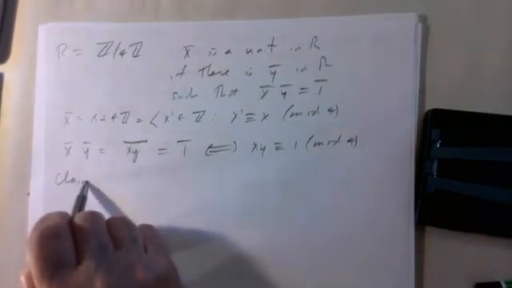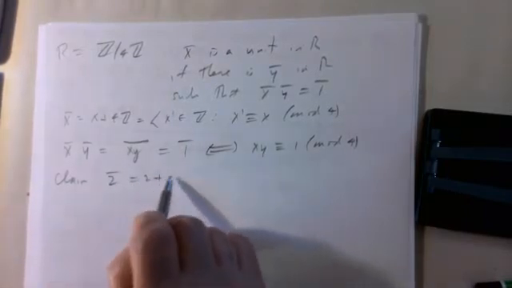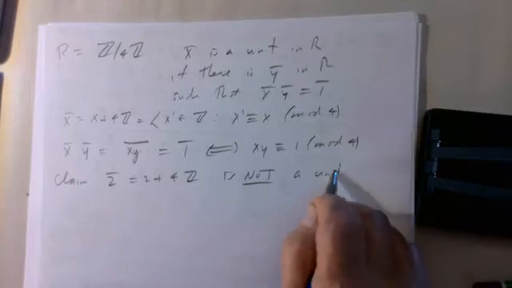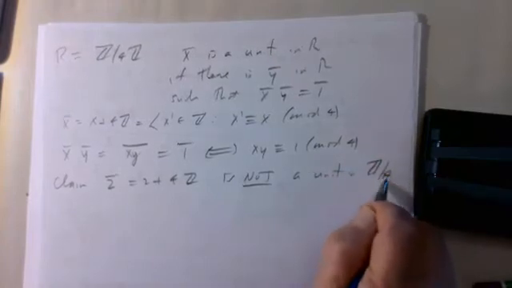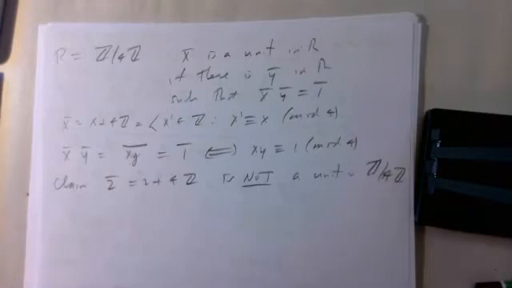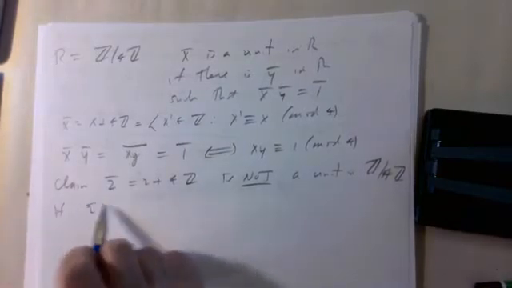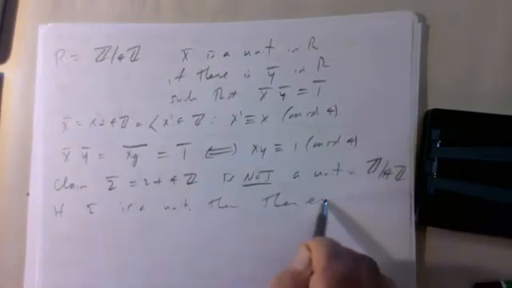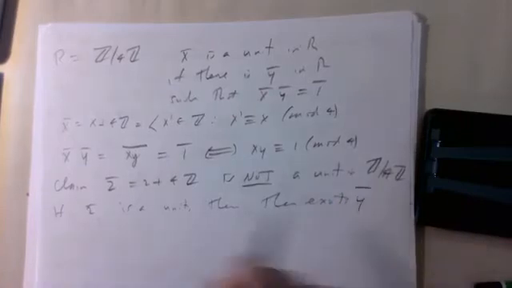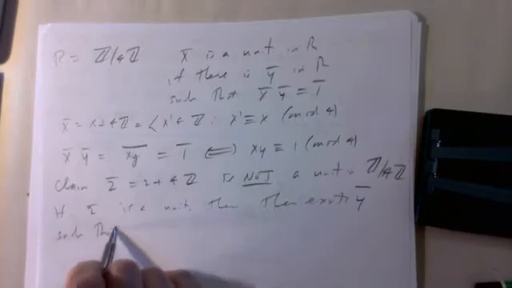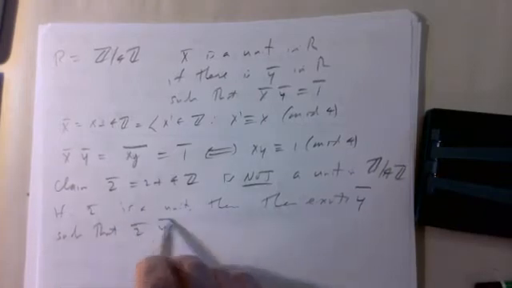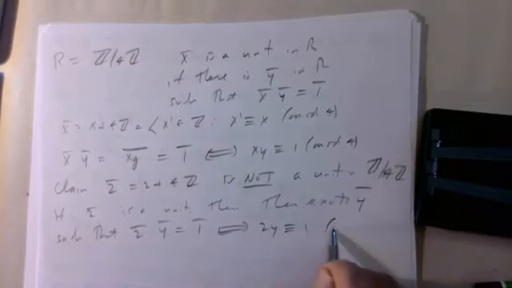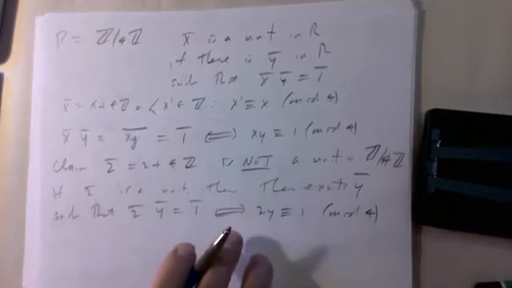So I claim the congruence class of 2 is not a unit in this ring of congruence classes mod 4. If 2 bar is a unit, then there exists a congruence class Y such that the class of 2 times the class of Y is the class of 1, which is the same as saying 2y is congruent to 1 mod 4,